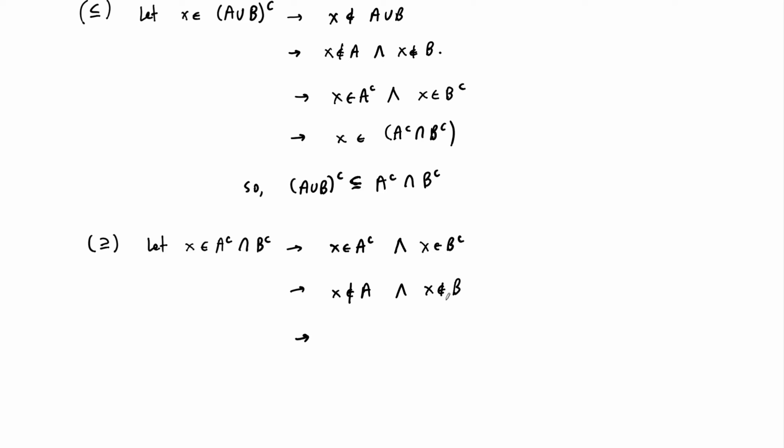We want to pull the x not in symbol out. But when we do that, because this is a negation, we have to negate the conjunction and make it a disjunction. All right, this is actually DeMorgan's law for sets, right? So x is then not in. What is it not in? Well, when we pull it out like this, it's not in the set A or